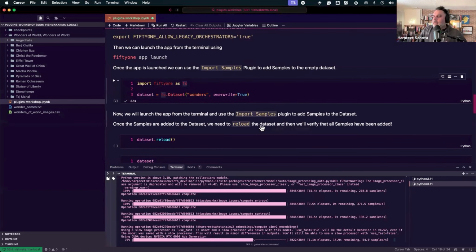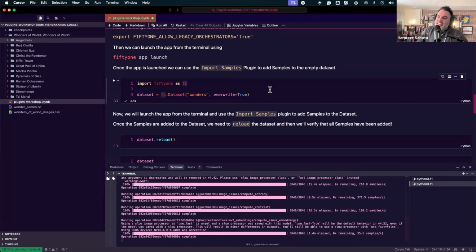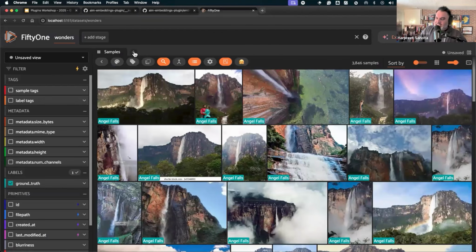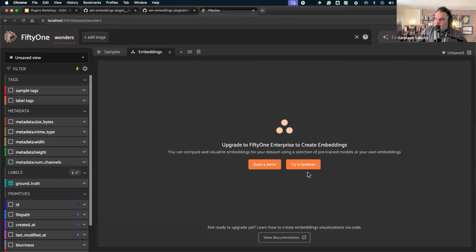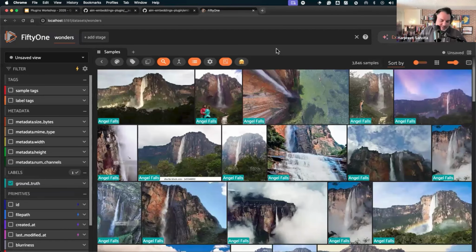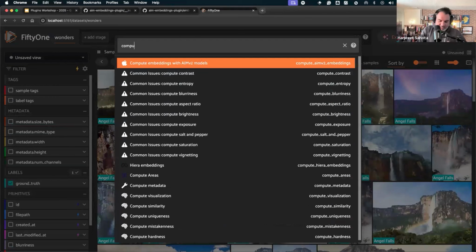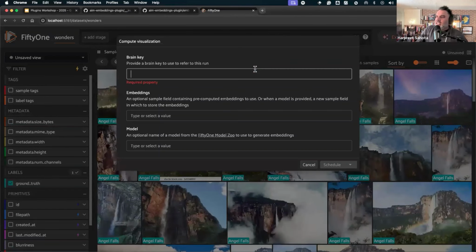So once we have this done, we have to write a couple of lines of code because we're working in the open source. If you were to do this with the enterprise version of FiftyOne, you wouldn't have to write this additional couple lines of code. You can, with one click, compute the embeddings, compute the visualization, and the similarity index. So you can see here, if I look at embeddings, even though I just computed embeddings, nothing shows up. Here, if I do compute visualization, I could do that in the app as well, but I first had to compute the embeddings. So to compute visualization,